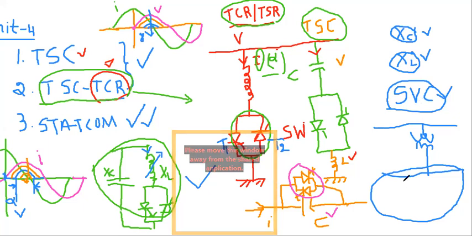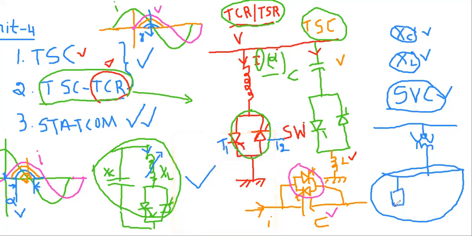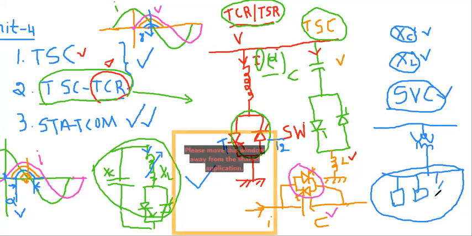Okay, once again, here we are taking TSC, TCR, TSR. The same circuits we draw here, and we connect permanently switched capacitors, permanently switched inductors, and filters. Filters are also included, because a filter will generally be tuned to a particular harmonic and placed to reduce that harmonic. For example, if the third harmonic is dominating, we tune